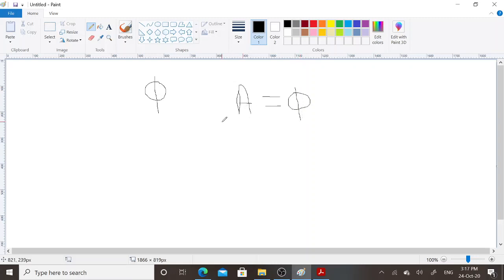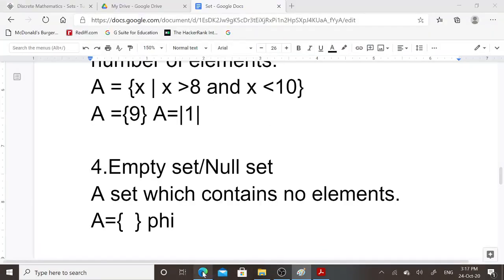Either you can represent null set through this pattern, or you can simply mention set A equal to open curly brace and close curly brace. So this is null set or empty set.